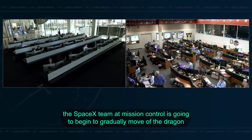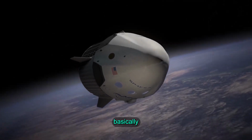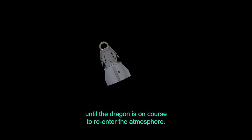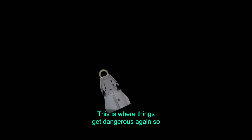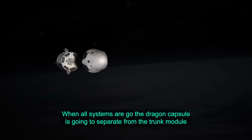The SpaceX team at Mission Control is going to begin to gradually move the Dragon into its final orbital trajectory, basically just steadily dropping the perigee, which is the lowest altitude of each orbit, until the Dragon is on course to re-enter the atmosphere. This is where things get dangerous again, so it's suits on, visors down, and strapped in for the ride. When all systems are go, the Dragon capsule is going to separate from the trunk module, and